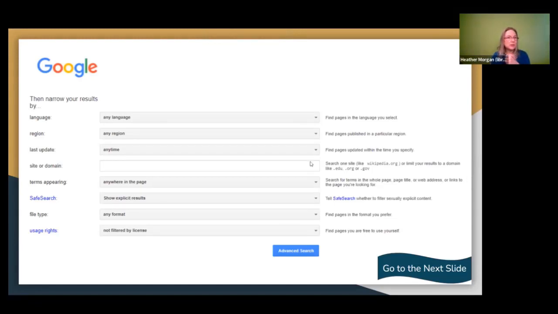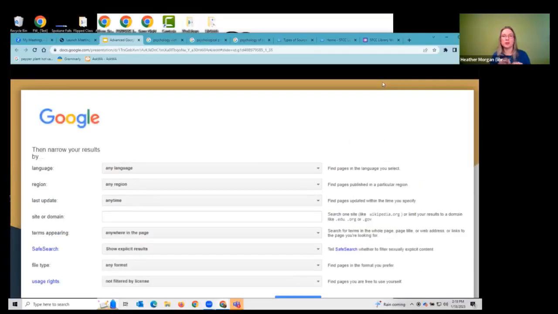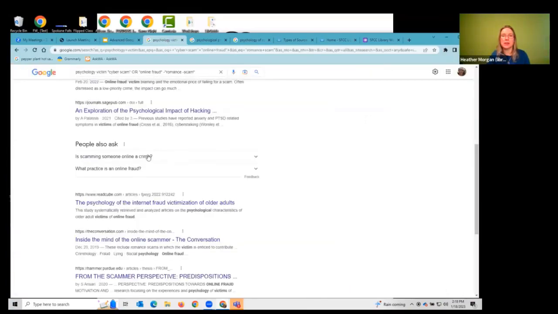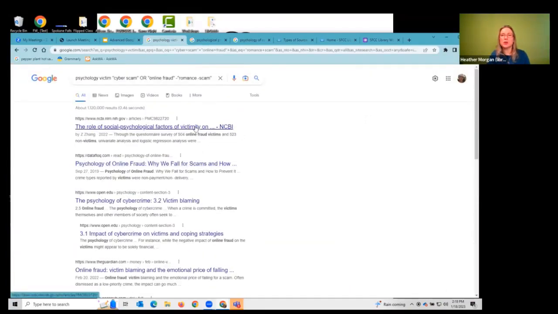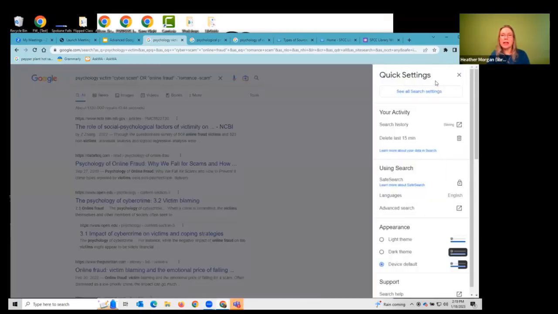In order to get to the Google Advanced page, I know that we said we can Google Advanced page. But another option, I don't know, Sade, if you can pull up just a Google results page for me, so we can show them how to actually get to advanced search. If you've done a search in Google, if you go over to that little gear up in the top right-hand corner and click on it, that is also another place that you can find advanced search. You'll see it right there. Once again, you have to do a search in order to get that gear to pop up so that you can then click on advanced search. So either Google Advanced Search, or you can use the gear.